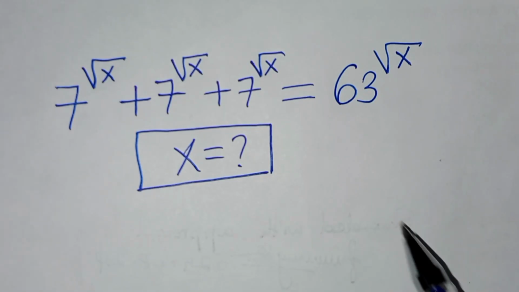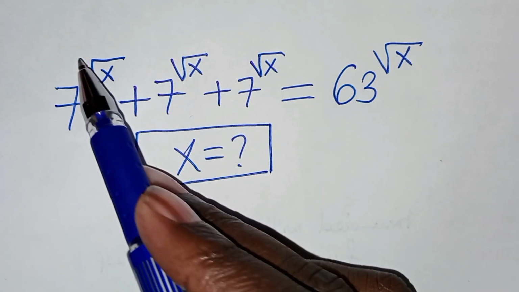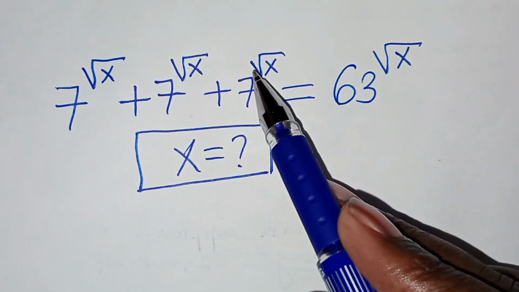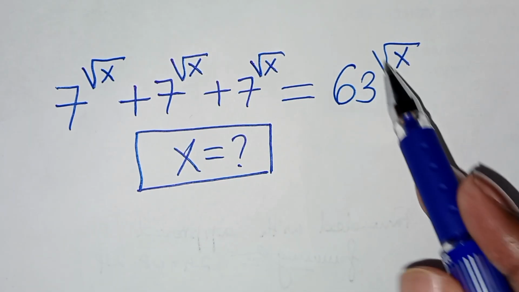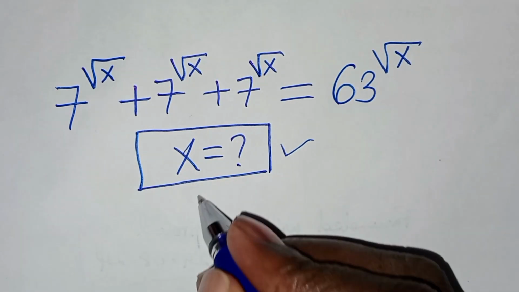Hello everyone, you're welcome to solve this nice exponential equation, which is 7 to the power square root of x plus 7 to the power square root of x plus 7 raised to the power square root of x. This is equal to 63 raised to the power square root of x. What is the value of x? Now, solution,